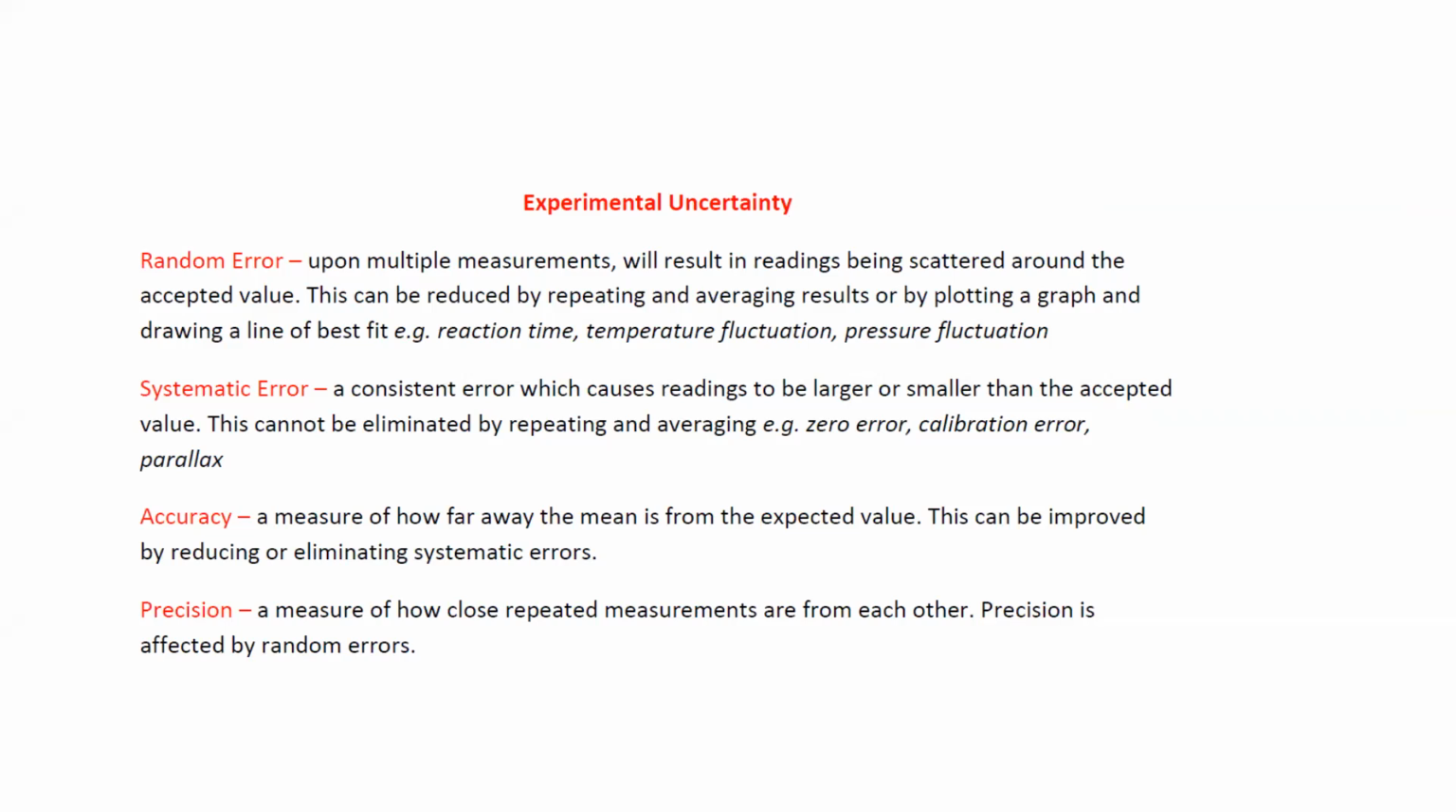So what are the types of errors? How do we define the errors? The first one is known as a random error. What is the definition or meaning of a random error? Basically, what happens when you are carrying out the experiment? For example, you're finding the effect of